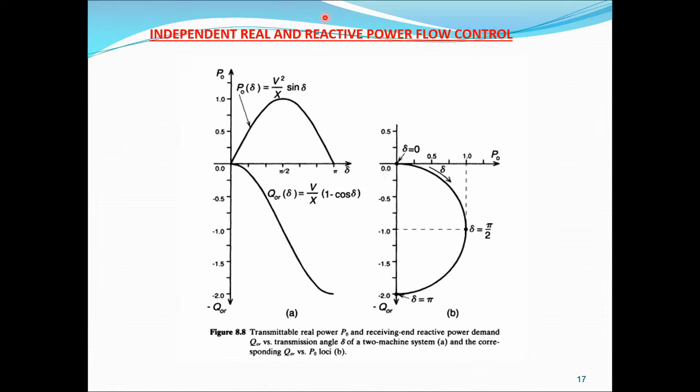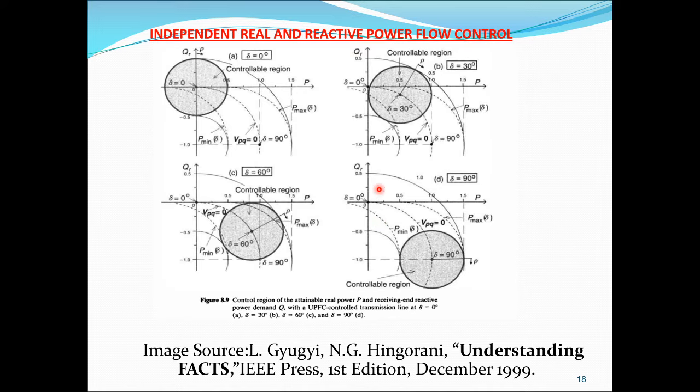If they pose some question, particularly on independent real and reactive power, try to plot these two curves. This one is also there. If you can remember, for different changing values of delta equal to 0, delta equal to 30, this entire circle will travel across this particular zone. First initially the 0 point. Up to 30 means it can roll on to this point. 60 means roll on to the fourth quadrant. And the next point here is this one. For different delta values, how I would like to control this entire active and reactive power, that's the main issue.